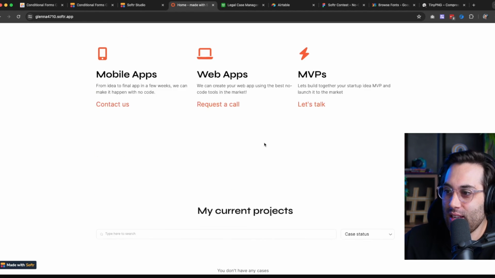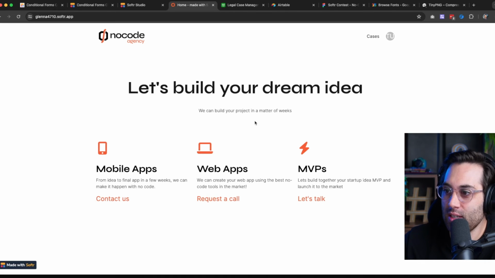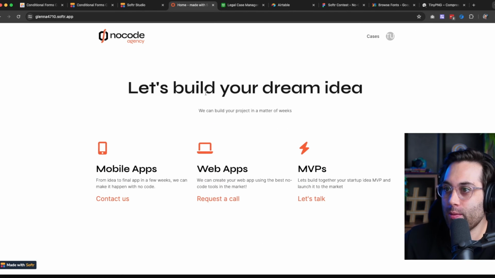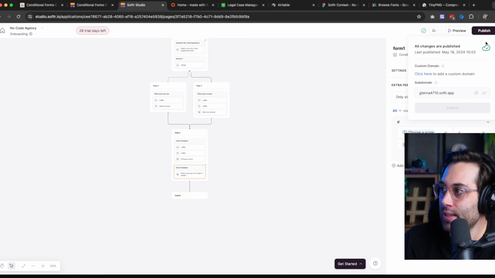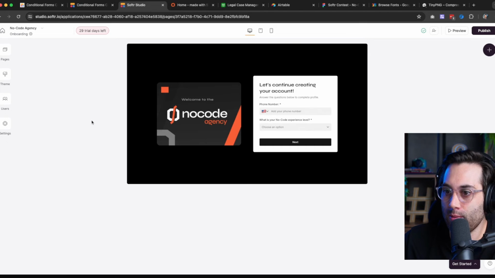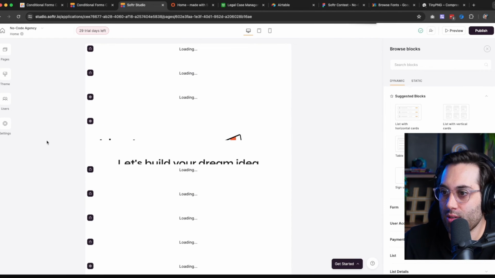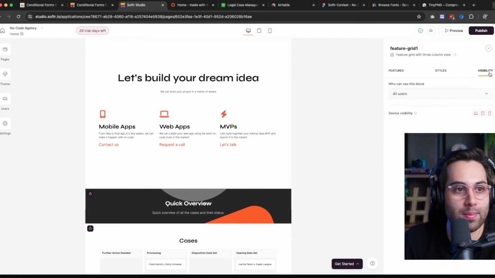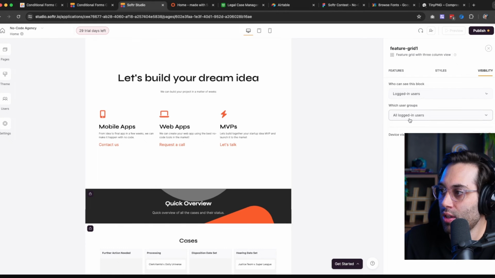Okay, so because I created this new section here on the home page and I haven't configured any visibility conditionals, it's showing it. But it should show my current projects here, okay? Which is going to make more sense. So let's go back to Softr here. And for the homepage, you're going to have to do this little change here. So we're going to say this component here under the visibility conditionals, we're going to say only logged in users